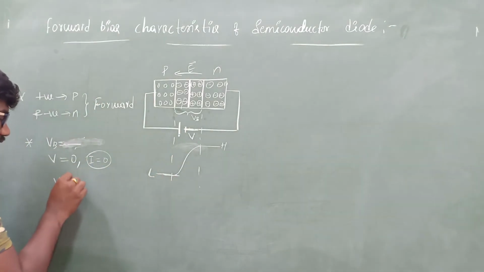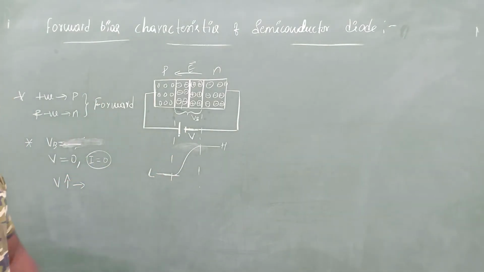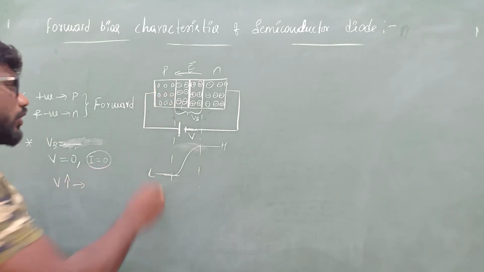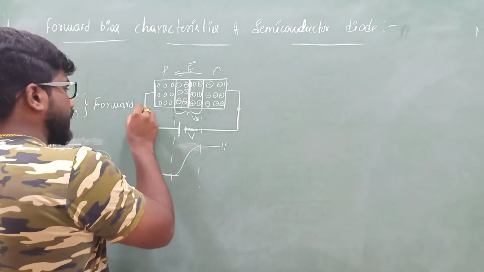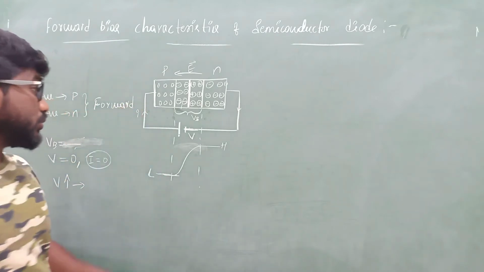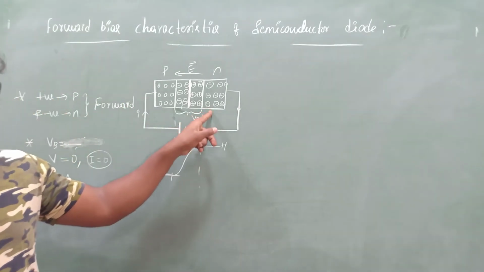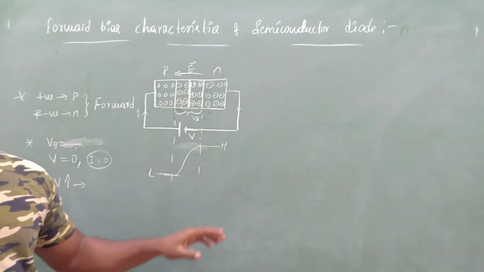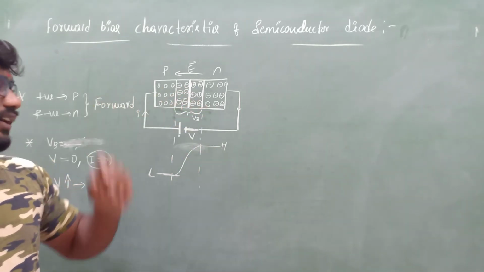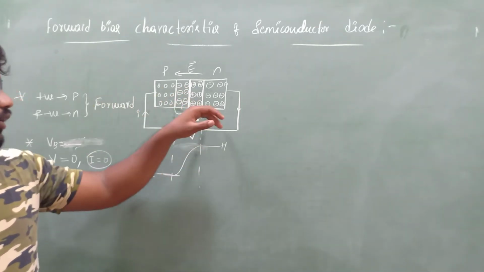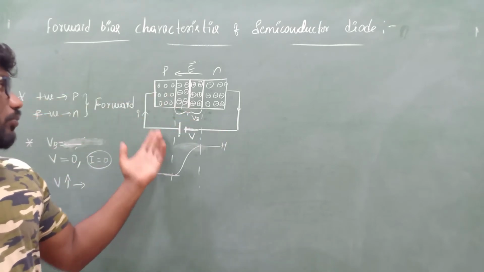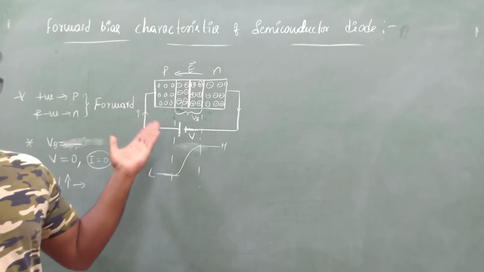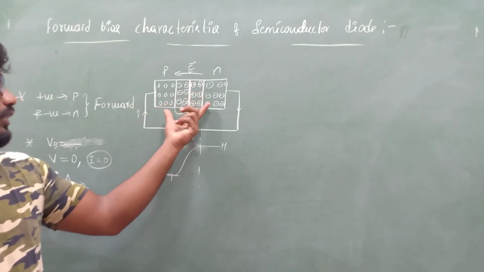When you keep on increasing the voltage, here it is positive, here it is negative. So the flow of current is in this direction. So what happens here? The electrons which are present inside will start to diffuse to the P side. That means, obviously, only if electrons come from here to here do we get current. So as you keep increasing the positive potential, what happens? The electrons here must come to this side.